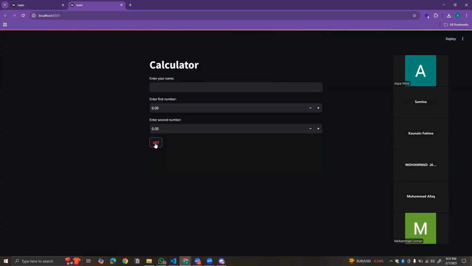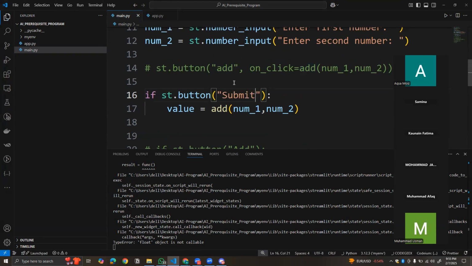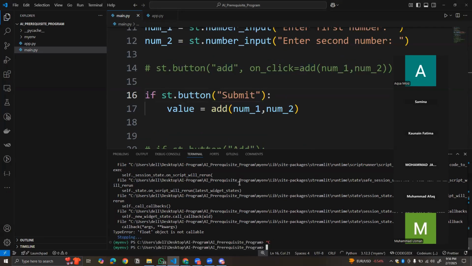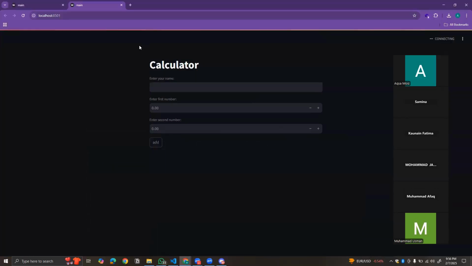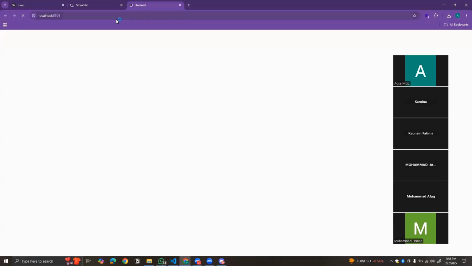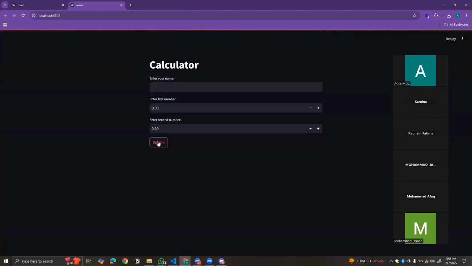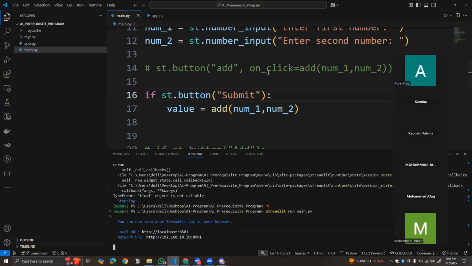सही है, तो इसके अंदर जो लिखा हुआ है, वो मैंने यहाँ पे ऐड लिखा है बस। अगर मैं यहाँ पे सबमिट लिख दूं, ठीक है, कंट्रोल सी करती हूँ, इसको दोबारा रन करते हैं और रीलोड करते हैं। अगर सर्वर आपका बंद होगा तो इस तरीके से आपको एरर दे देगा। इसको रीलोड करते हैं। देखो, आ गया सबमिट। ठीक है, तो हम एक बटन बना रहे हैं और उस बटन के अंदर हम ये काम कर रहे हैं।